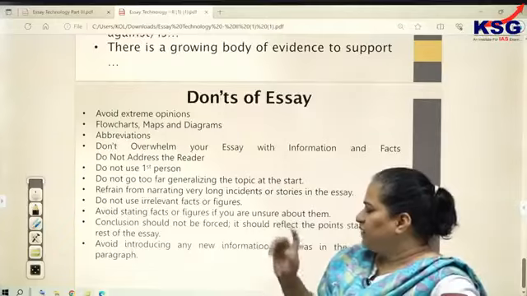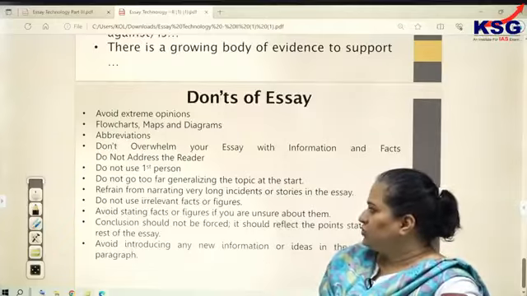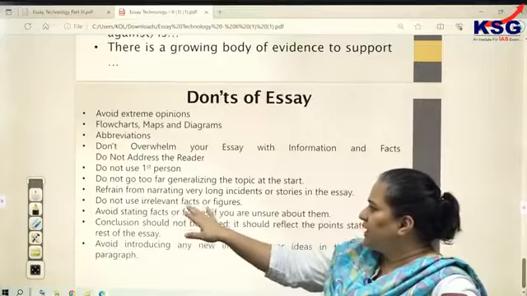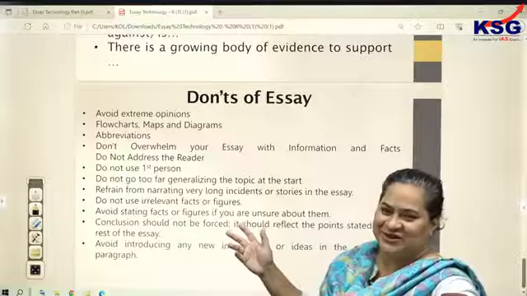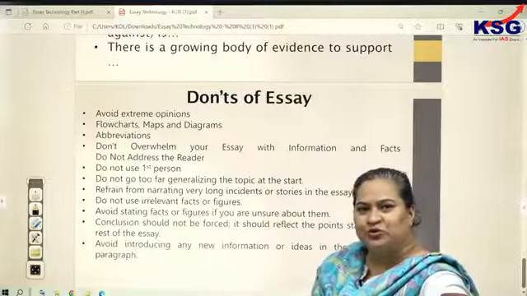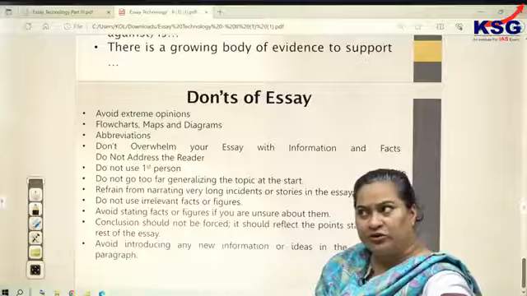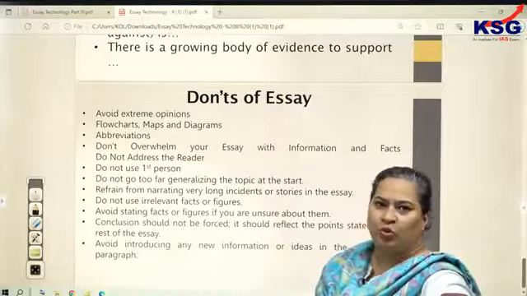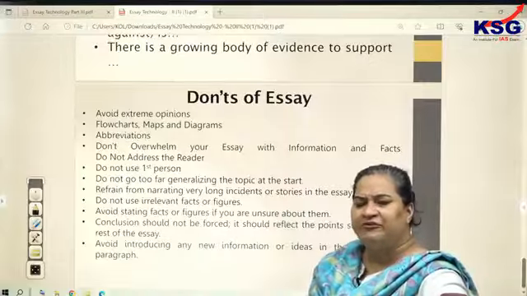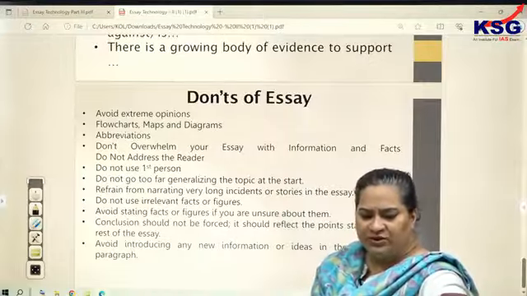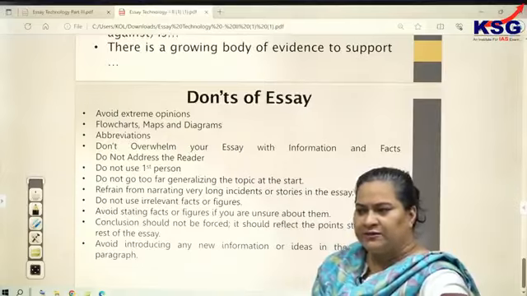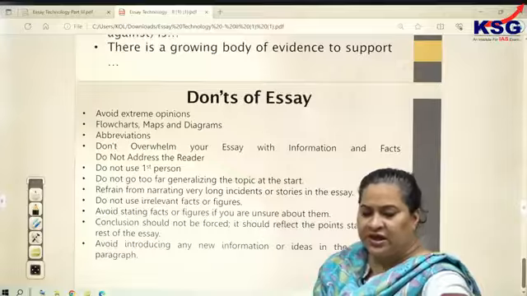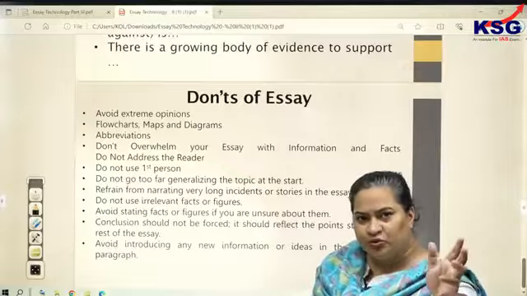Now, further, when we are moving ahead, you can see this. Again, do not use irrelevant facts or figures. I have already shared that. Don't write a fact just because you know it. If you remember, we were discussing on the very first day, patriarchy is the least noticed, yet the most significant structure of social inequality. And suppose someone starts giving some random facts associated with gender inequality, maybe some fact associated with the population census, comparing the sex ratio and getting into the details of the sex ratio.